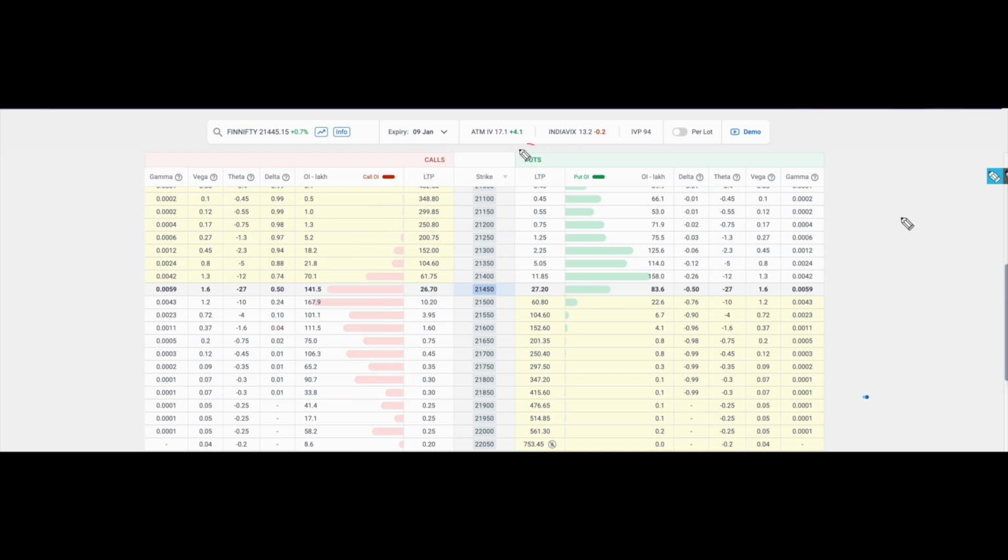Now let me quickly discuss the put option side also. When do we buy a put option? When we think the market will fall from the current level. Now when we have a bearish view, which strike price should we choose? Here also we will choose an in the money strike price.